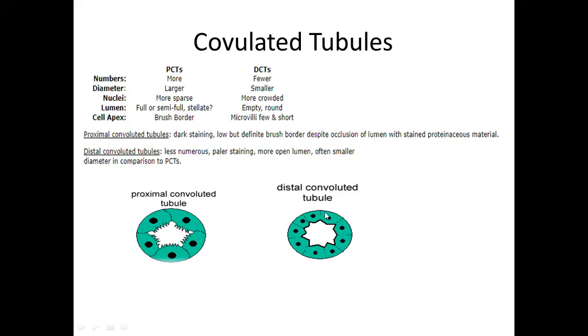But on the other side, the lumen appears empty in distal convoluted tubule. It is comparatively wider. The distal convoluted tubule will be smaller in size than the proximal convoluted tubule, but its lumen will be a little wider compared to the proximal convoluted tubule, and empty. It will exhibit few microvilli there. And if we look at the staining affinity, which is not necessarily visible everywhere, the proximal convoluted tubule will appear darkly stained, and the distal convoluted tubule will appear lightly stained with a more open lumen.